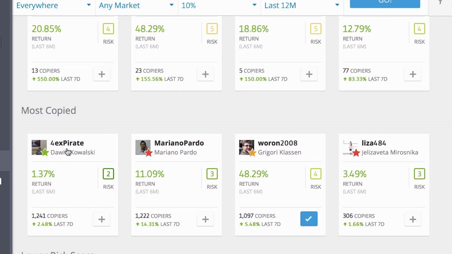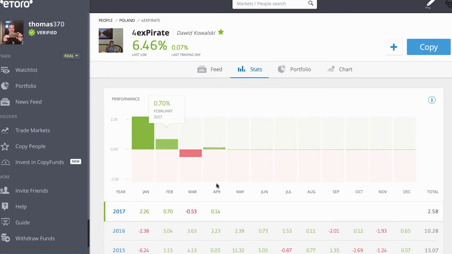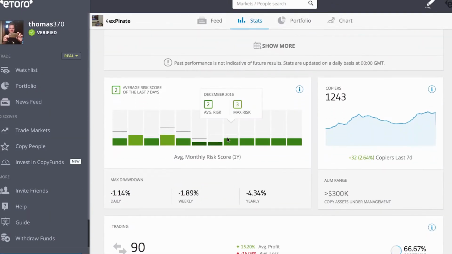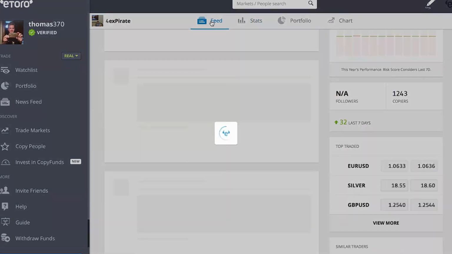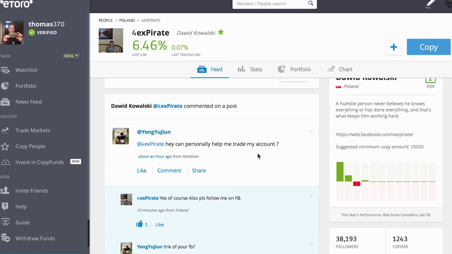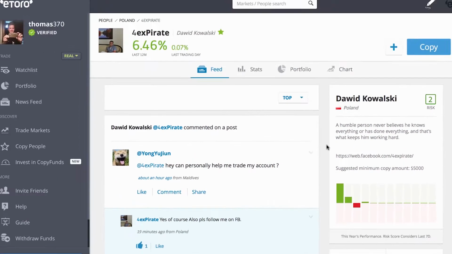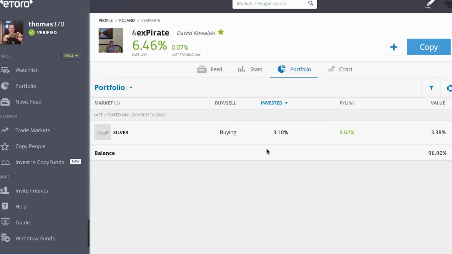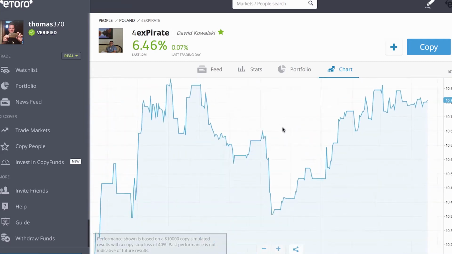So I can click on one of these and I can look at their profiles. So the traders have different profiles. You can see statistics, how well they've done. You can see their risk, how risky this person is. You can talk to them, you can see their feed, who's talking to who, like on your Facebook, people adding people on social media. Here's a little bit about the person and a little introduction. See what they're trading, see charts of their progress, how well they're doing, how well they would have done over time. So it's using social networking, but telling you specifically about traders, and so you can find one.